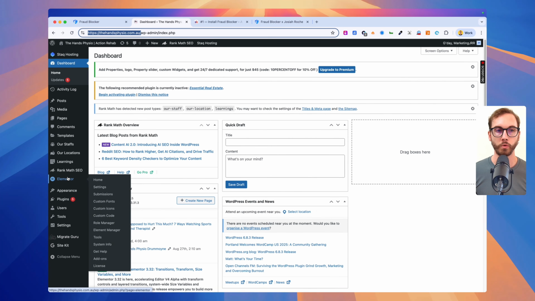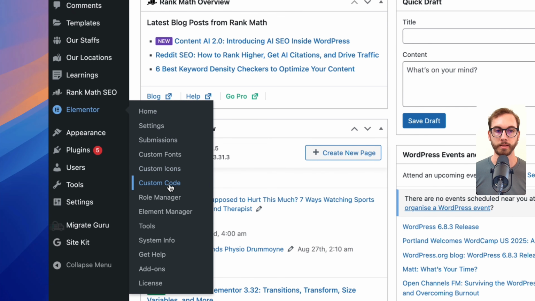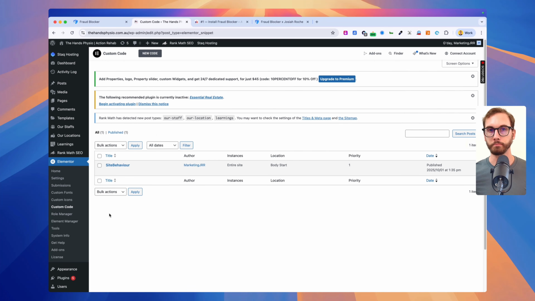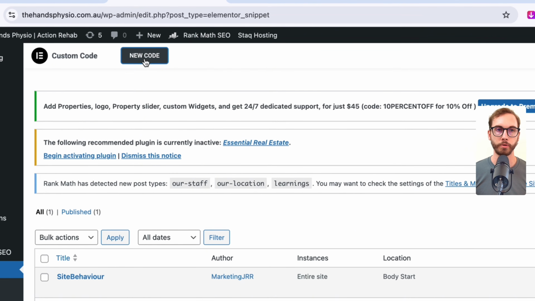We use Elementor for all of our website building. So inside of Elementor, there's a custom code section, which is really cool. So I don't have to install some third-party plugin. I hate plugins. And so what you'll need to do is click on new code, and then we're going to